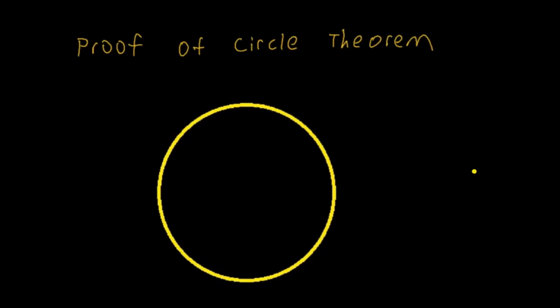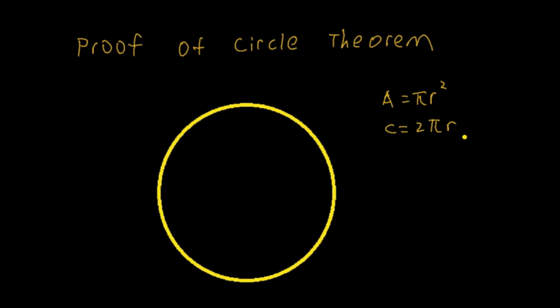In this video, I will talk about the proof of the circle theorem. In front of you right now, there's a circle. Let's talk about what we probably already know about circles. So we know that the area of a circle is pi r squared. And the perimeter of the circle, which we have a term called circumference, is 2 pi r. And we know that 2 times r is the diameter. So diameter is twice the radius.